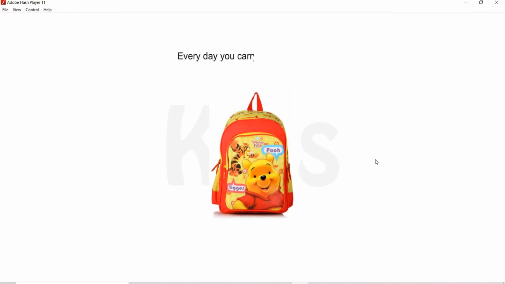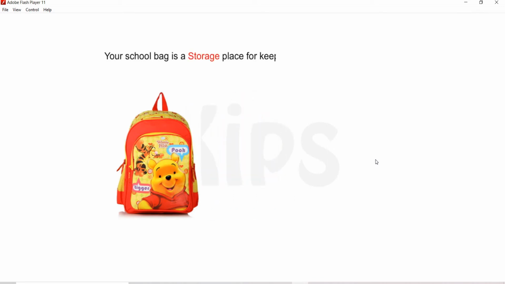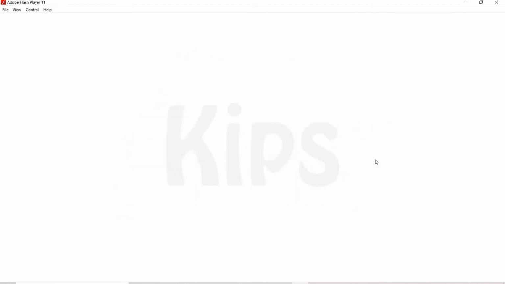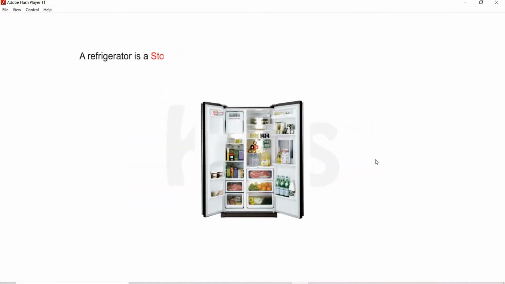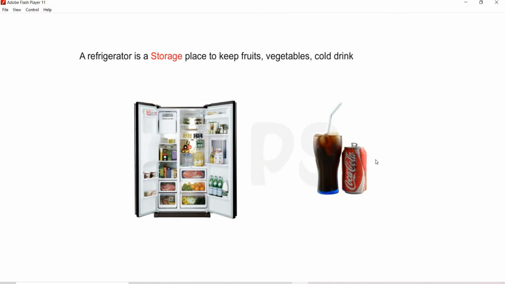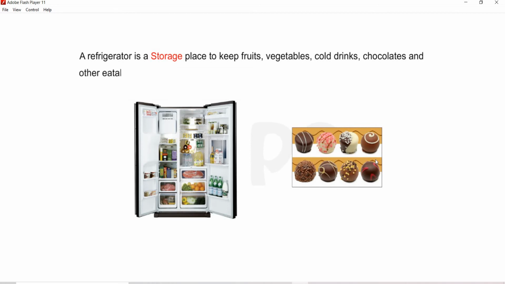Every day you carry your school bag. Your school bag is a storage place for keeping your books and notebooks. A refrigerator is a storage place to keep fruits, vegetables, cold drinks, chocolates and other eatables.